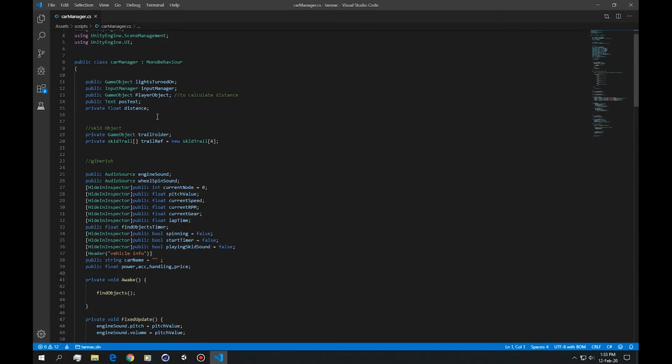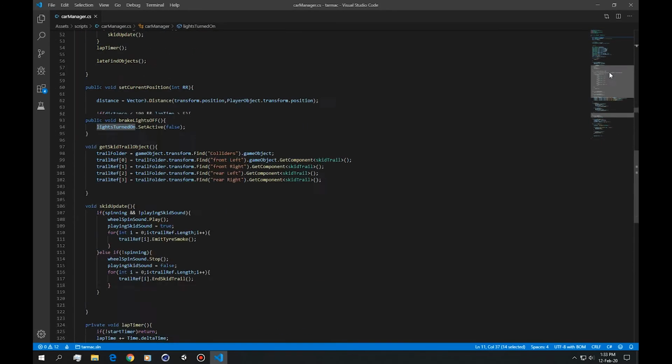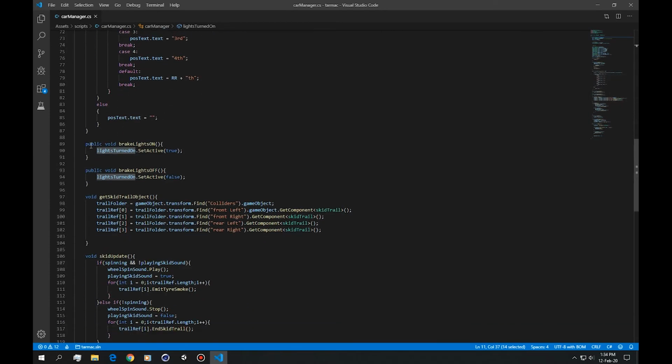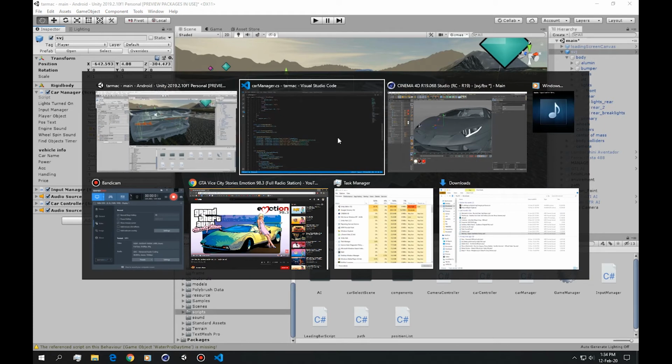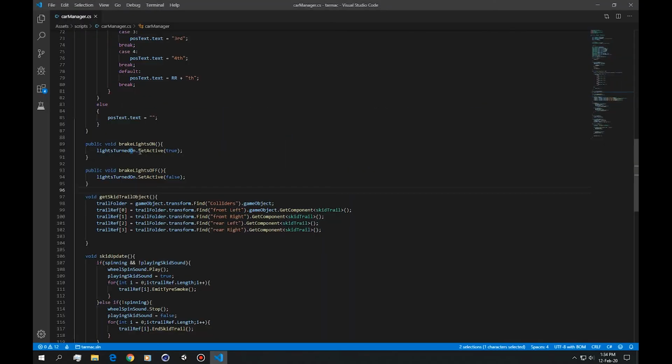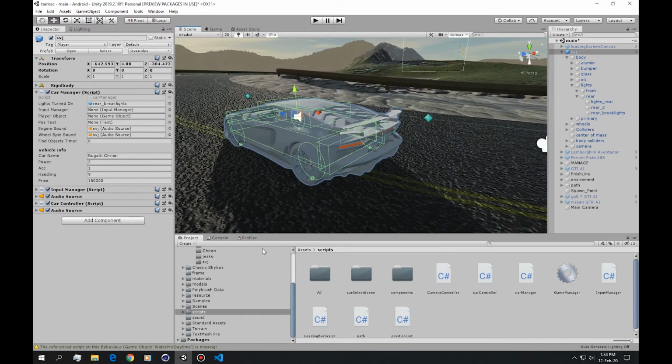And what I've done in here is I've created two separate public void functions. So these are public, and these can be called from another script. And what they basically do is just set the activate to true or false. So by that, if we go to our other scene,